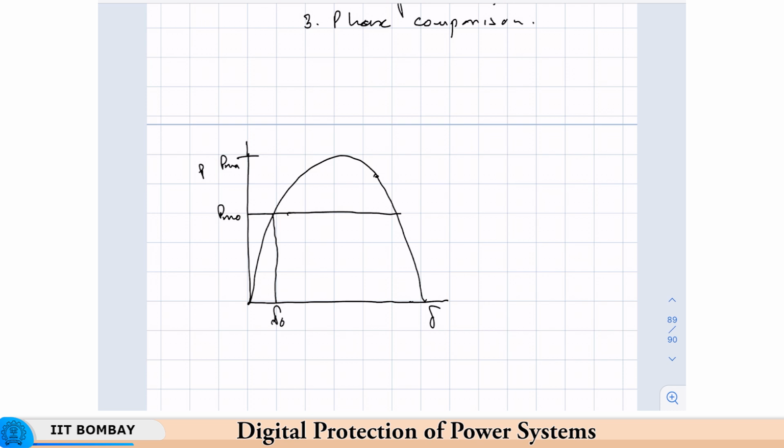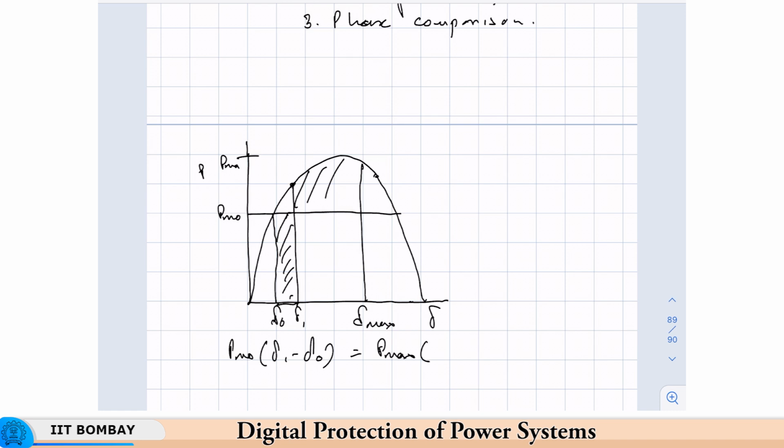And now we had that fault, and we have found the delta 1, and this is delta max. Now, this is simple, this is just a rectangle. So, we have PM naught into delta 1 minus delta naught, this is the accelerating area. Now, this has to be equal to the decelerating area, which is